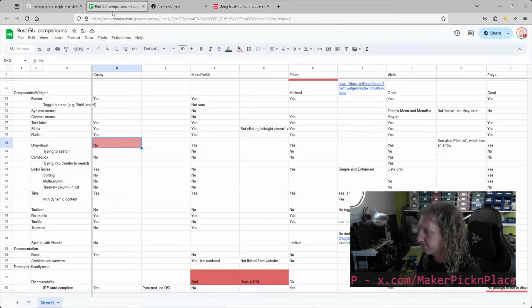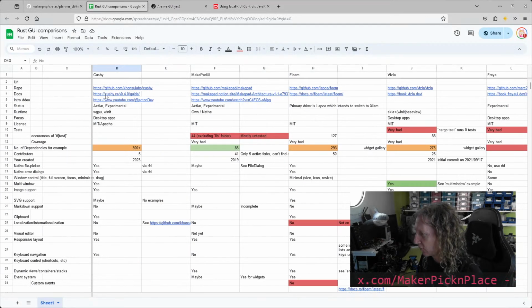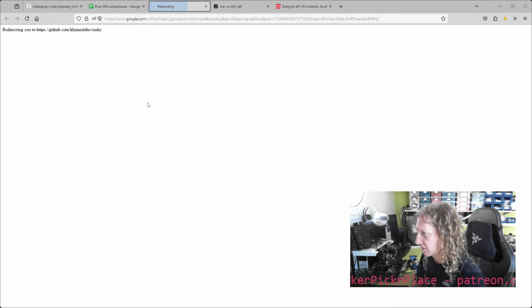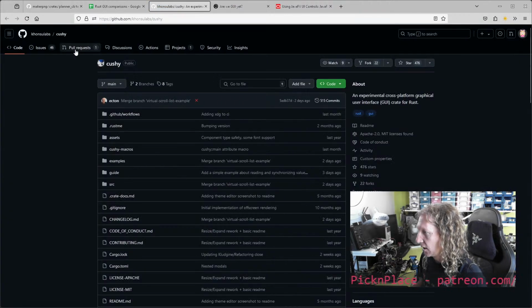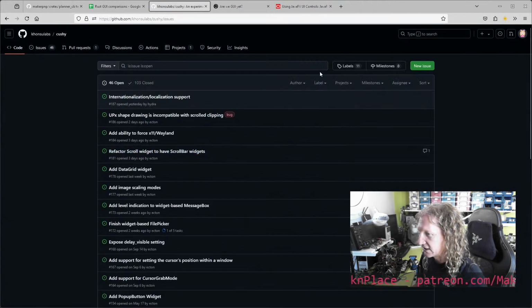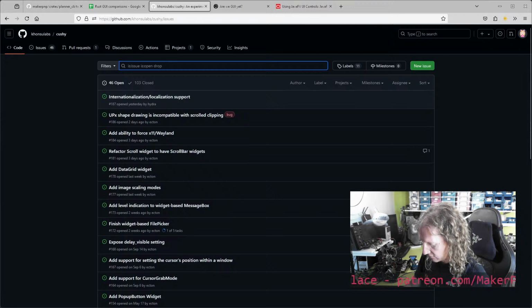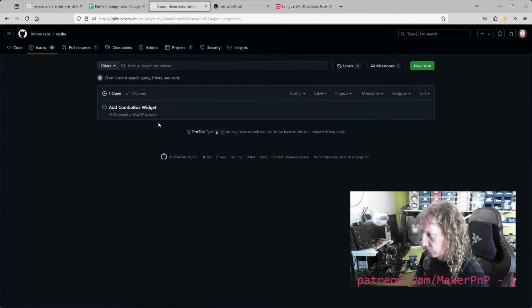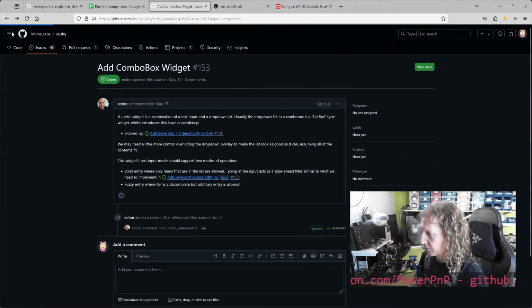I also had a quick look on the repo at the outstanding issues. Here we go. And I noted that there was a drop down or combo box widget. There's one of them. There isn't one of those. But,